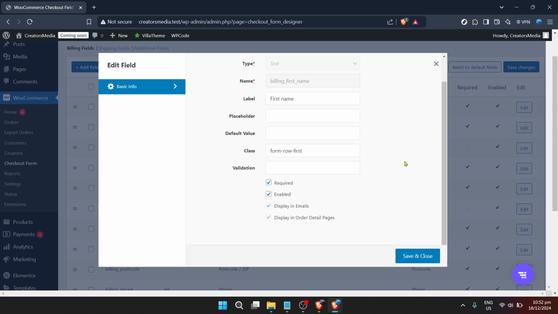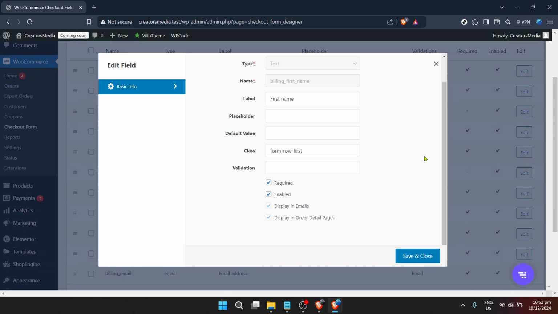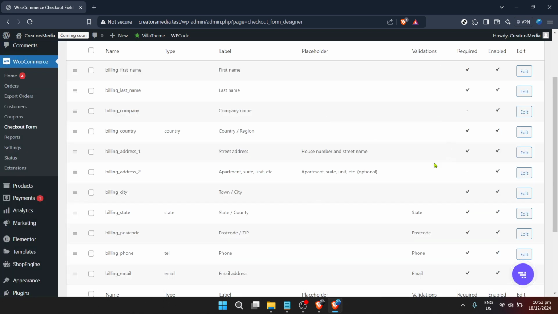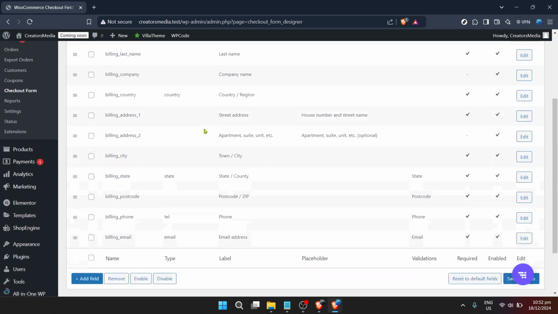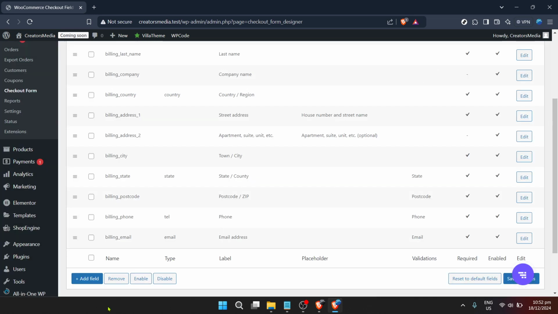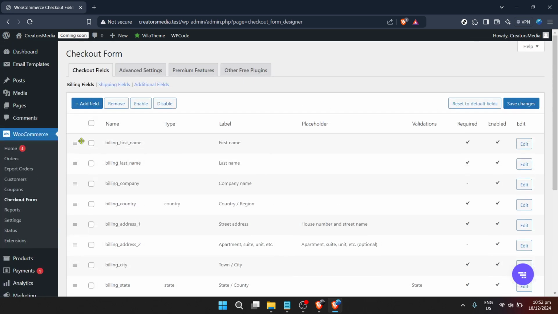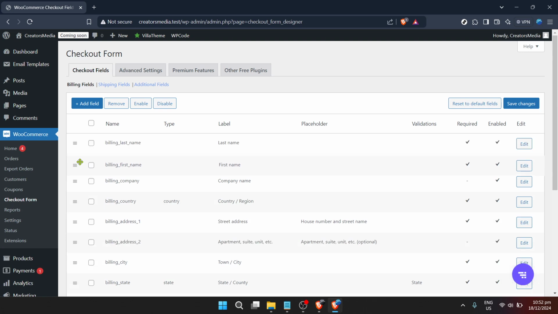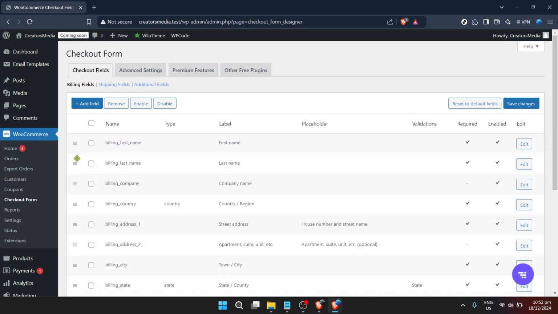It's here that the real customization begins, allowing you to edit, add, or remove fields that your customers interact with during checkout. The goal is to streamline the checkout process, making it as efficient and pleasant as possible for your customers, while also ensuring you collect all the necessary information. Customizing these fields might involve making some fields mandatory, adding tooltips for clarity, or even removing unnecessary ones to simplify the process. Every adjustment you make should consider the overall customer experience and the flow of information vital for your operations.